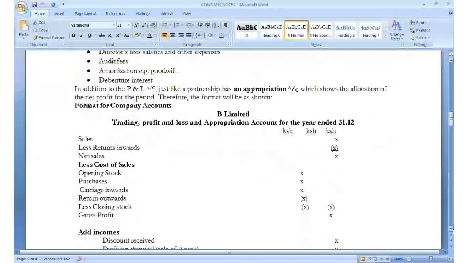Now the title should read trading, profit and loss, and appropriation account. So we are adding another section, appropriation account. Just like in manufacturing, we added the manufacturing account section. Now in this section, we are going to add the appropriation account section. So you can see the